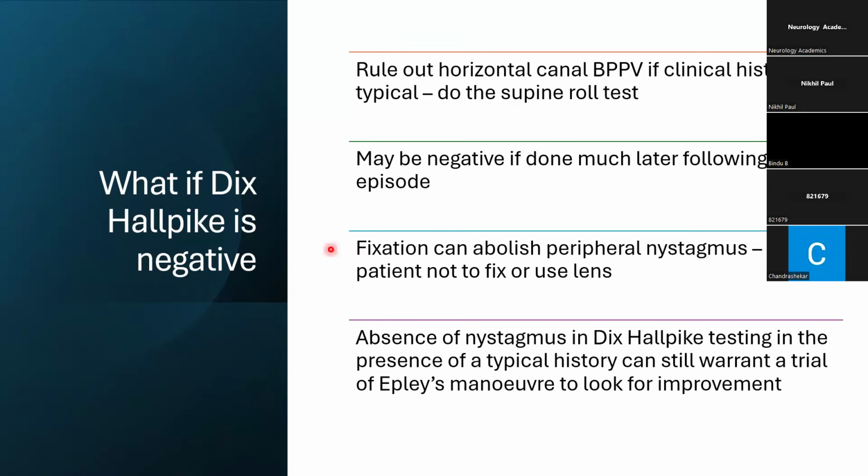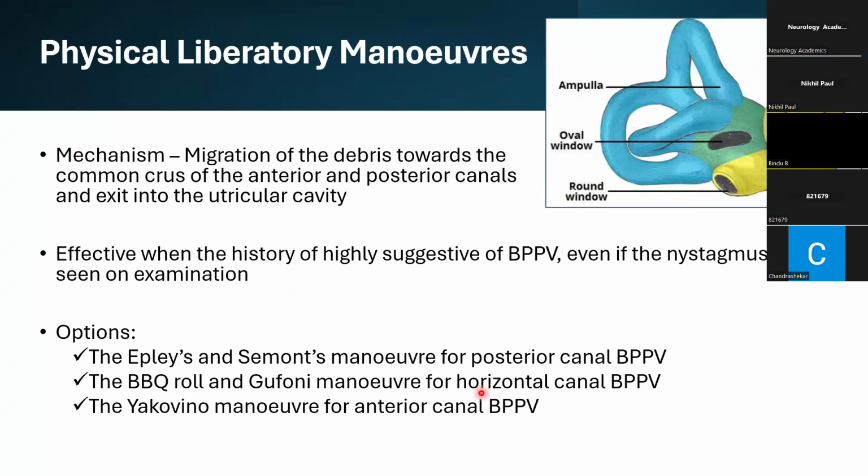And one more pitfall is we should not tell him to fix on anything. Make sure that he does not fix, or we can use a video nystagmogram. And one more practical aspect is, even if the clinical features are very typical, and even if the Dix-Hallpike turns out to be negative, we are still warranted to give a trial of Epley's maneuver to look for improvement. So once we have diagnosed BPPV, what is the next step? So the next step is